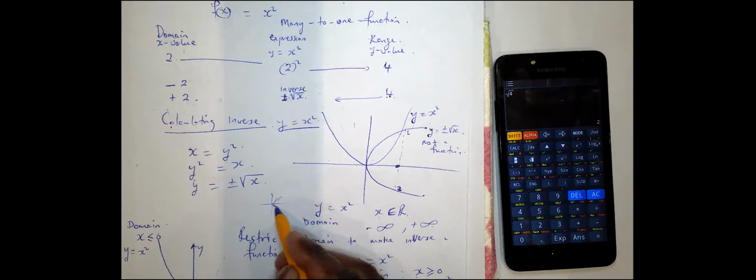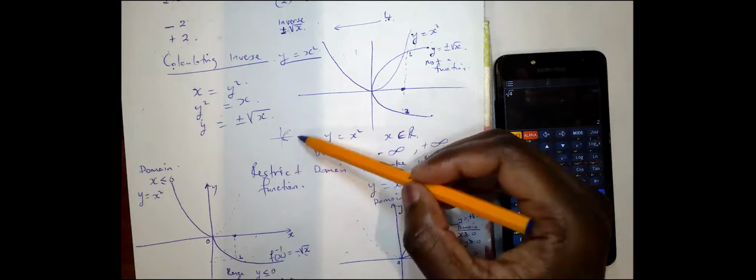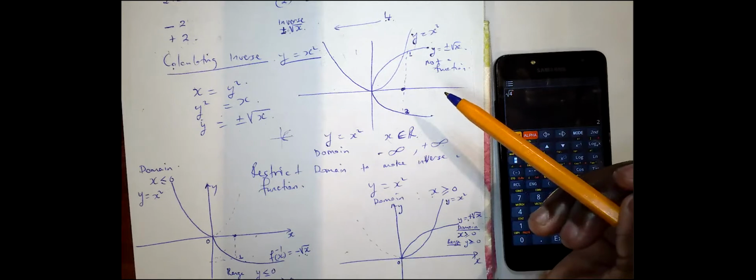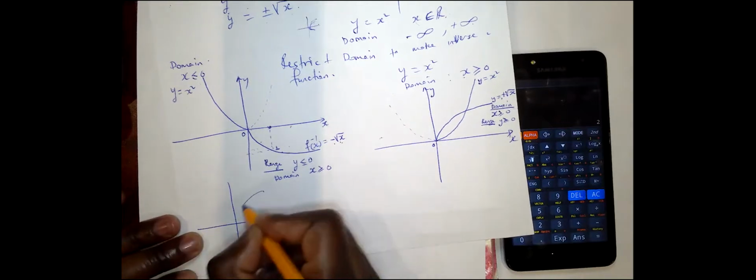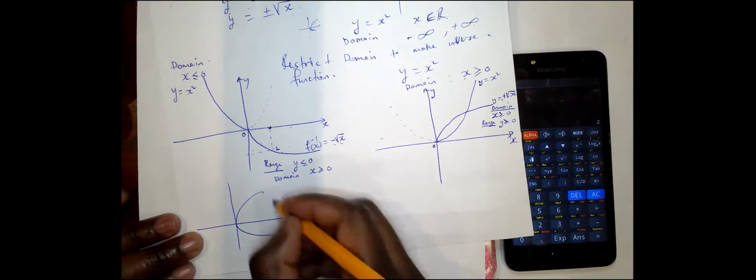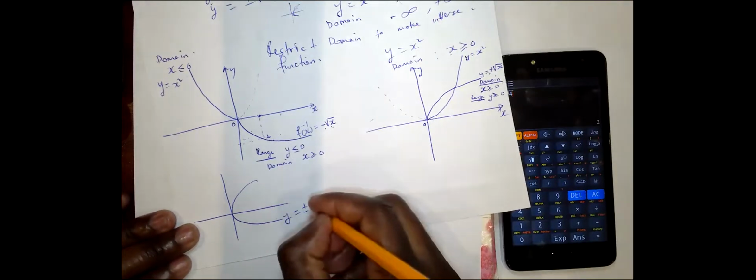Then they ask you to determine whether this one is a function or not, and support your answer. If it's not a function, what must you do to make it a function? You must restrict it. It's not a function because for every input x value, you get 2 output y values. Let me just explain it in writing here. When we have something like that, we are saying this is the graph of y equals plus or minus root of x,